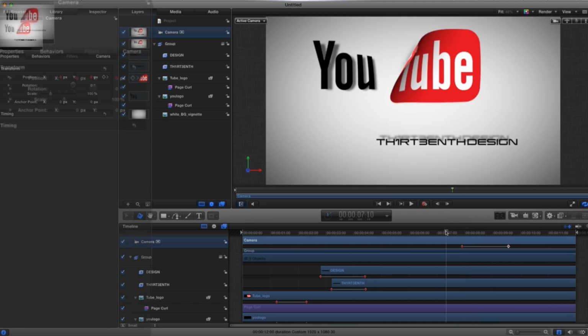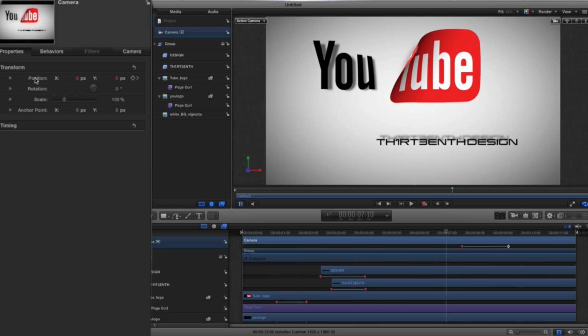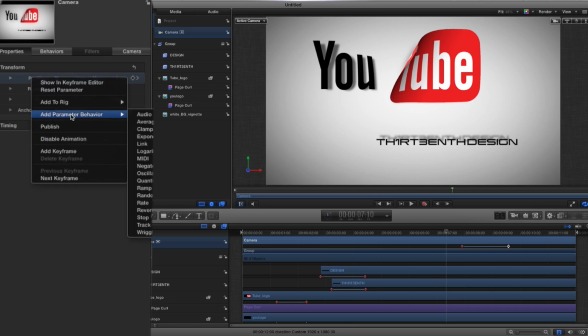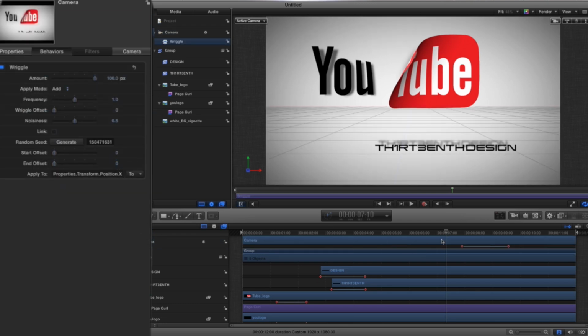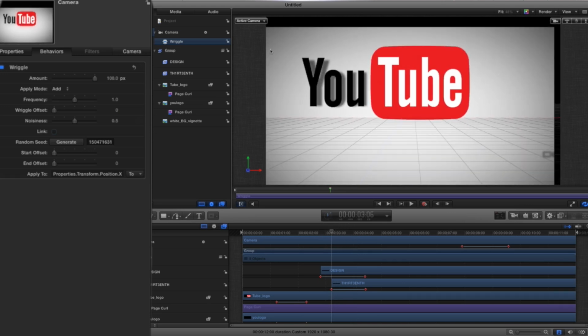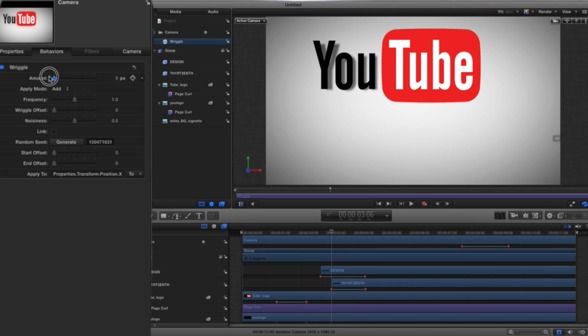And then final thing, I'm going to add a bit of see on the camera position here, on the transform camera position, I'm going to right click, and then I am going to add parameter. On that parameter, I'm going to add a wriggle. So now, all the way through our composition, now you notice what I said at the start, you'll start to see black lines around the outside if we add a wriggle. So with the wriggle in the behaviors tab, turn down the amount